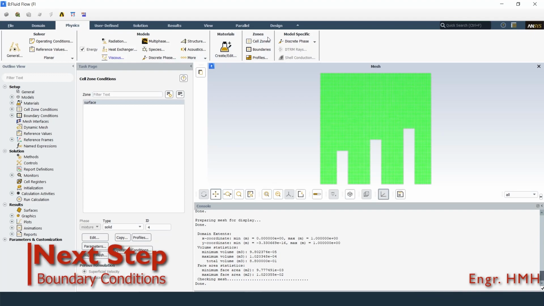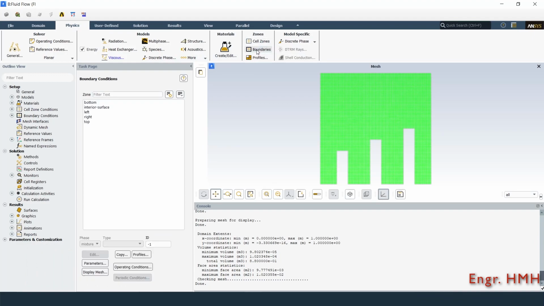The next step is to apply the boundary conditions. Click boundaries, select the bottom boundary. The boundary type is already a wall. Click edit.